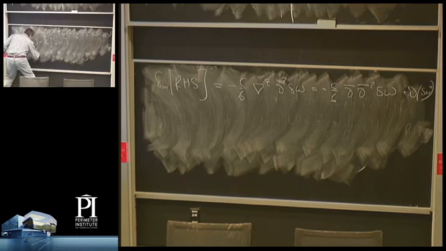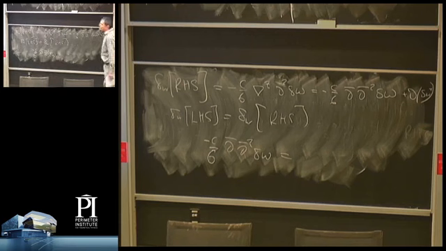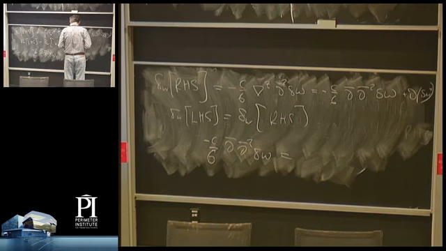And so it must be the case that c over 6 del bar del squared of delta omega must be equal to something that we evaluated before, which was